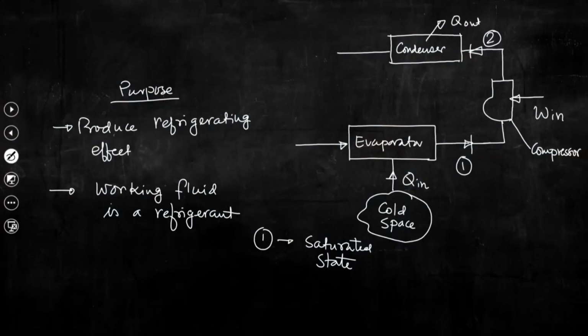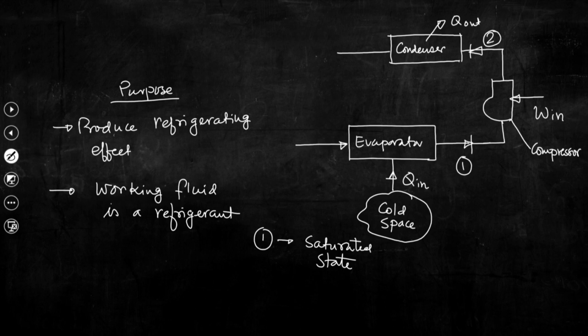So, Q out, because we need to bring back the original state of the refrigerant at the inlet of the evaporator. So, the evaporator, on receiving heat from this cold space, got evaporated, and that refrigerant vapor, that is saturated vapor, is now taken into this compressor, wherein we are supplying energy to run the compressor, and the pressure of that